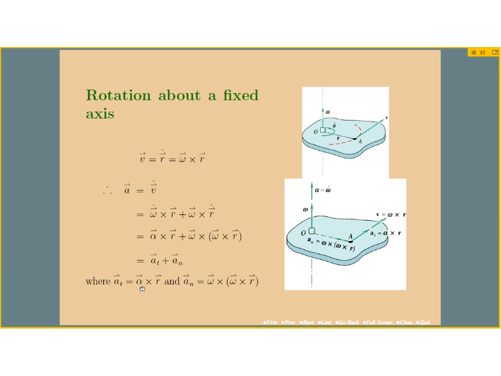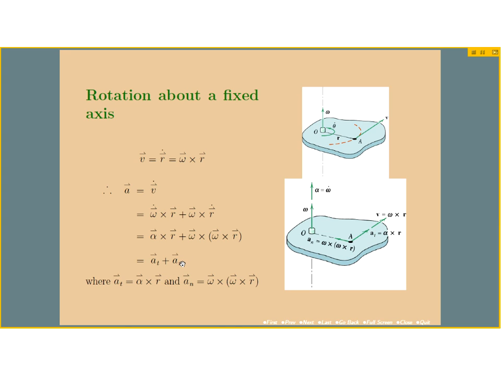Now, if alpha is normal to the plane, and I look at the direction of the cross product of alpha with r, using the right-hand rule and realizing that this cross product must be normal to both alpha and r, we see that the direction of the tangential component of the acceleration is in fact tangential to the circular arc of motion of point A. So this direction is correctly indicated here. We see, in other words, that the tangential component of the acceleration of point A is parallel or in the same direction as the velocity of point A.